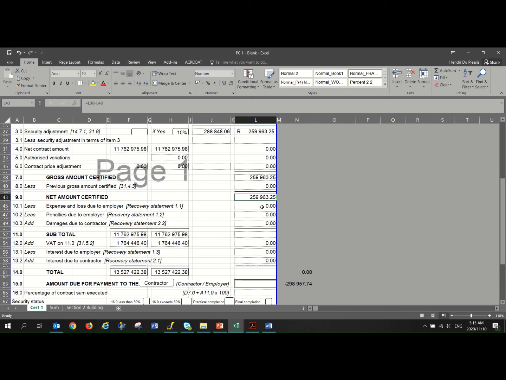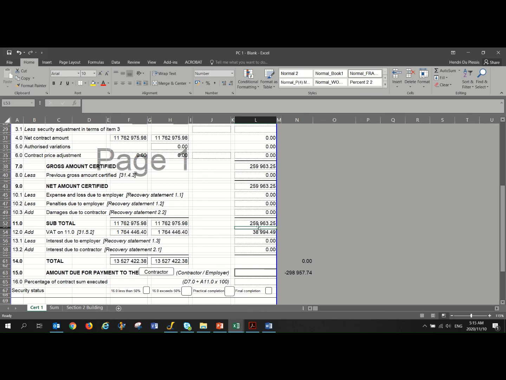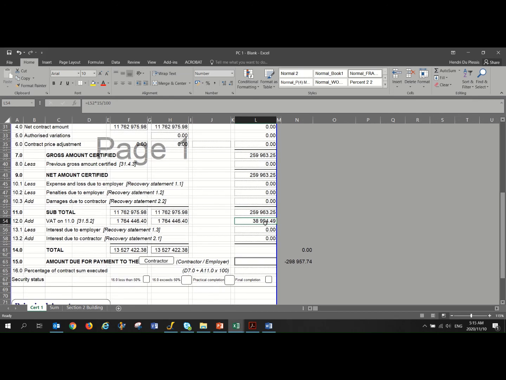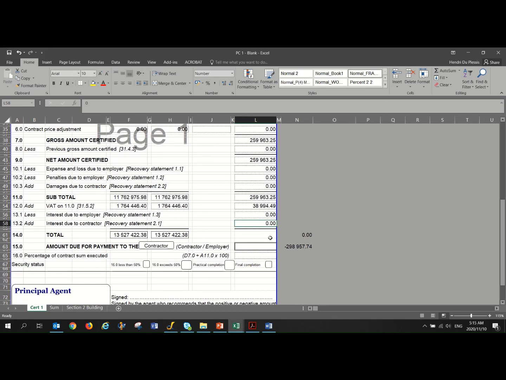We subtract and add any of these items due to the employer or the contractor, and in our instance there's nothing applicable. So VAT is then added, 15% is then added on the subtotal here, and then if there's any interest due to the client or the employer, it's added here. Interest due to the contractor, it's also added here,